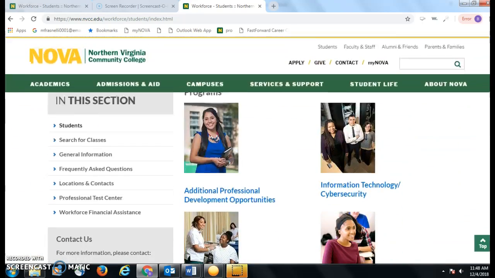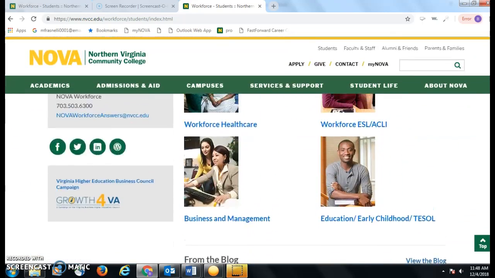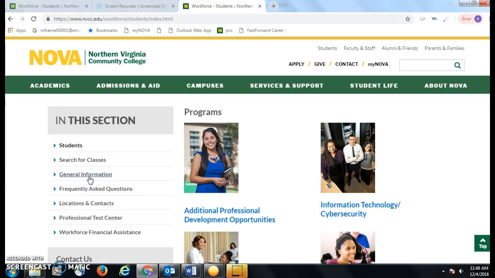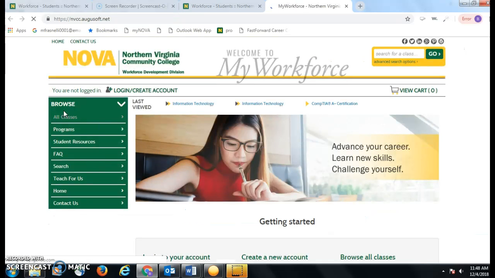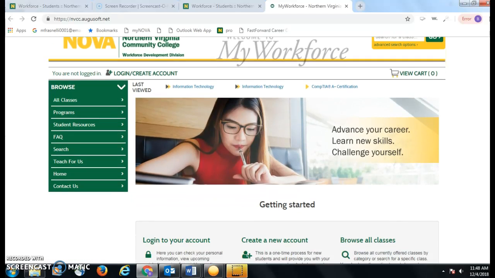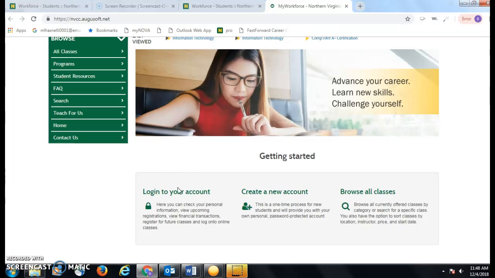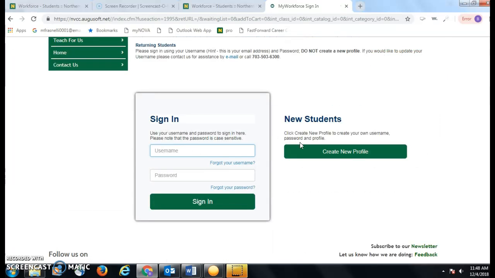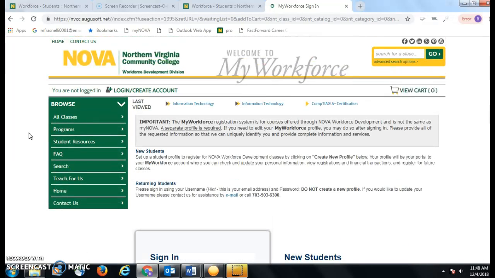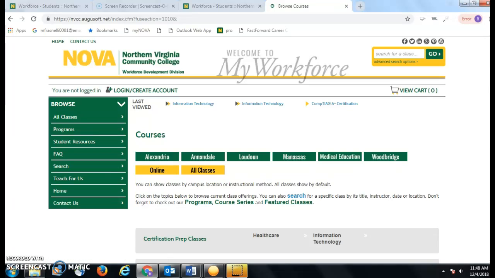Then I'll scroll down. There are different ways to get to different classes, but I always go to Search for Classes and then All Classes. You do not have to be a student to do this, although if you have an account, it's a good idea to use it here or make one. Alright, so I'm going to go back up to where I was, go to All Classes,